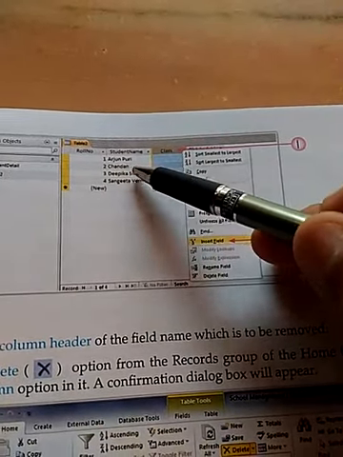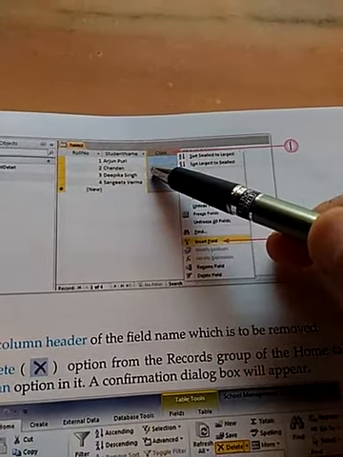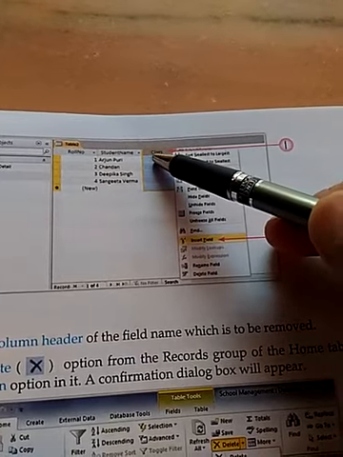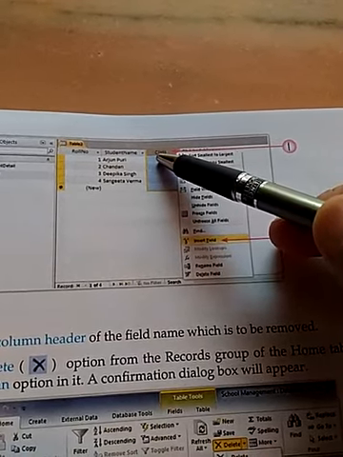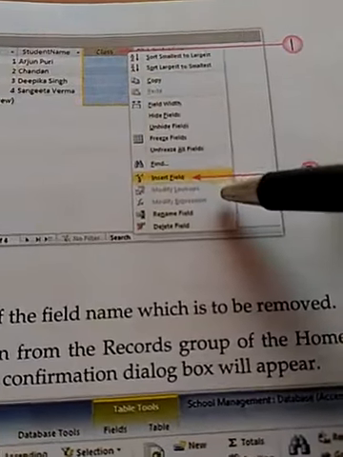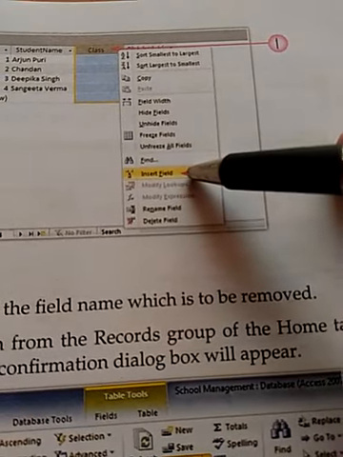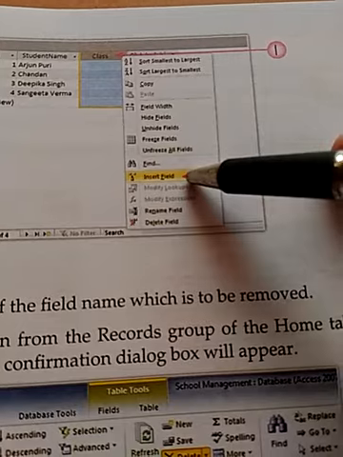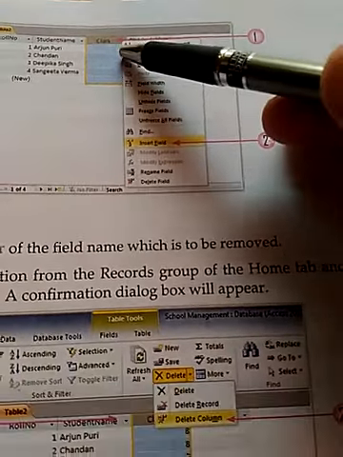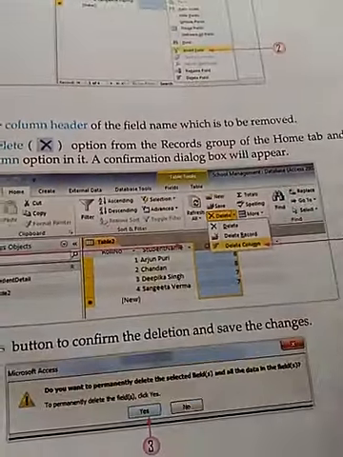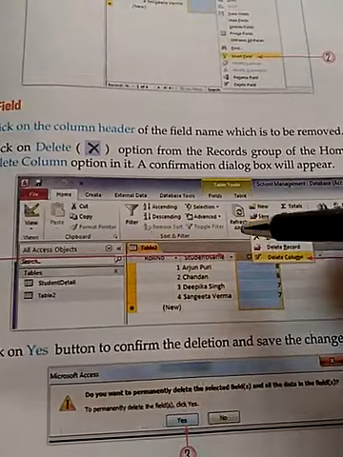Suppose we want to insert a new column after the student name, then just right click and select the option new field.